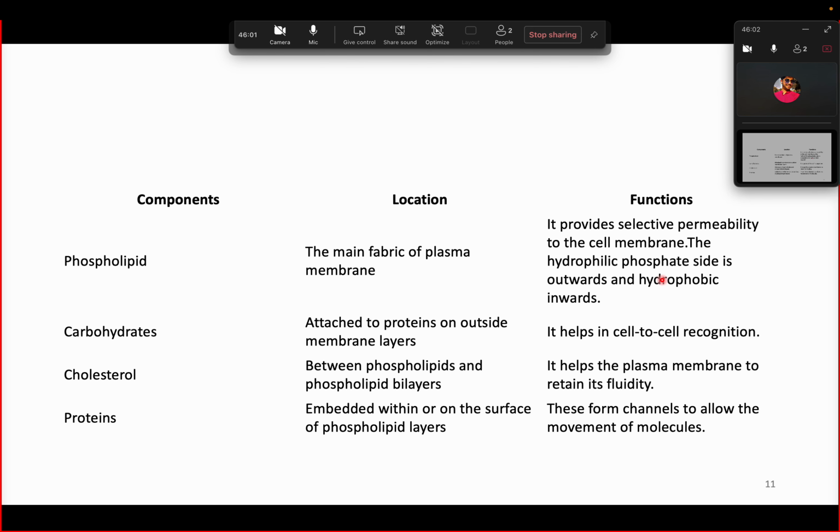Yeah. So phospholipids, they basically provide selective permeability to the cell. So why are we saying this? If you remember, when we were talking about this structure, we said that it has a polar head group and a hydrophobic tail, right? So it will only allow small molecules to pass through them, and for other transportation of